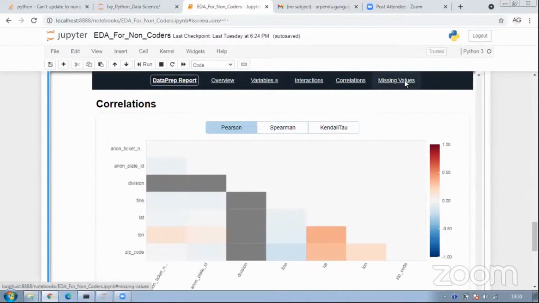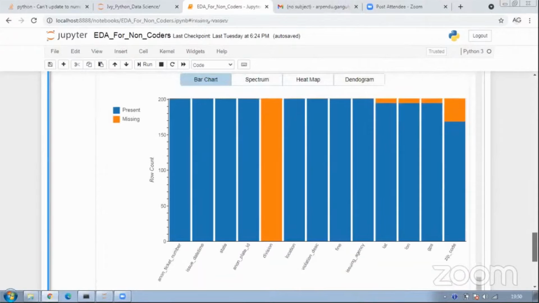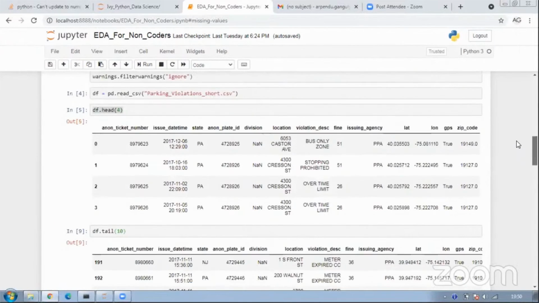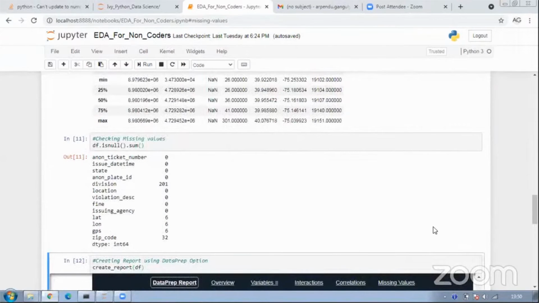Okay, missing values, something which we have checked, but we know from here, for example, division, right? It's such a beautiful way to represent it, right? This compared to this, when we were seeing the missing values initially, right? So something like this versus this.